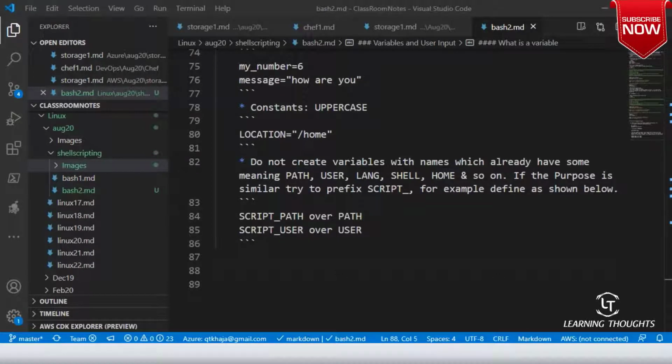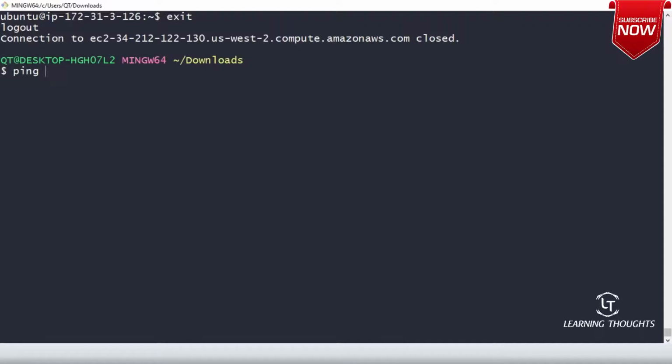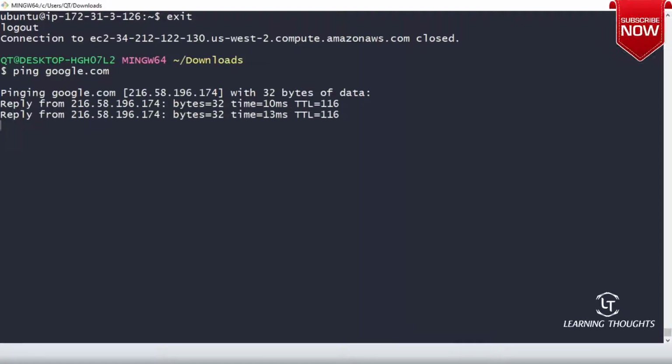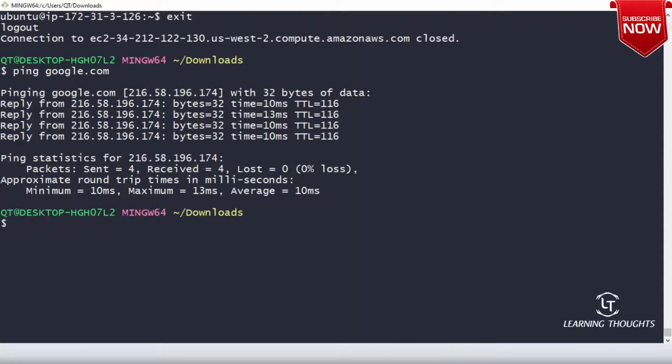For example, you type ping, which is a command, and for this you are passing an input called google.com. So does your script also require user inputs? Sir, am I audible? Please acknowledge. If you don't acknowledge, I will treat it as a network failure.